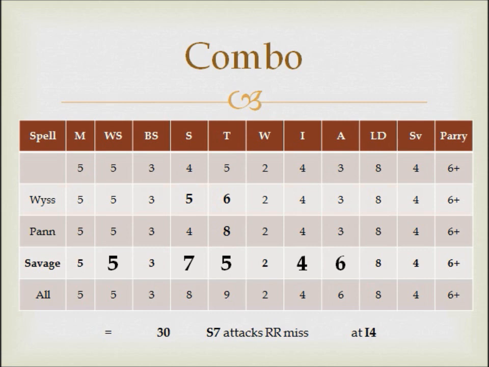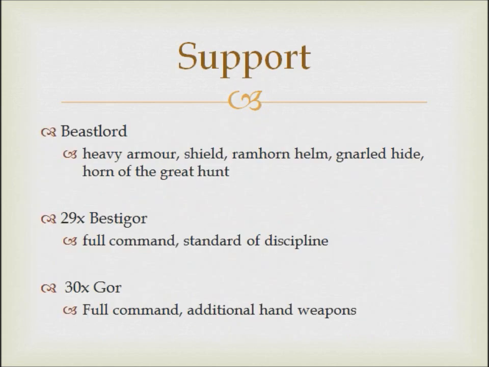It would never ever happen, but just imagine it. But a single unit does not an army make. And to support them we've got a horde of 29 Bestigor with full command and the standard of discipline. This combines with the Beast Lord to throw out a leadership 10 bubble, which will hopefully keep the goats in